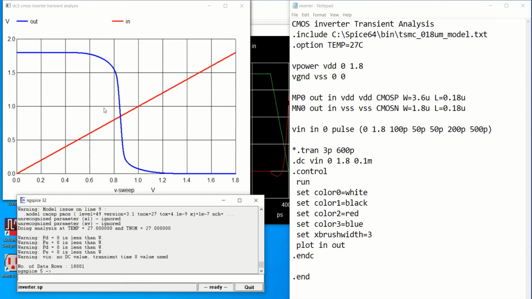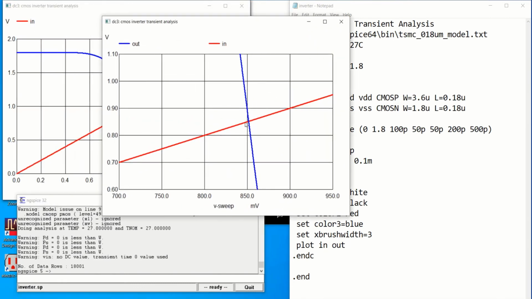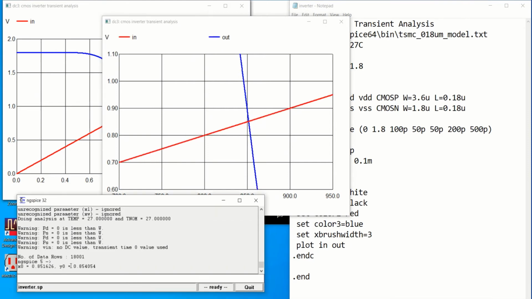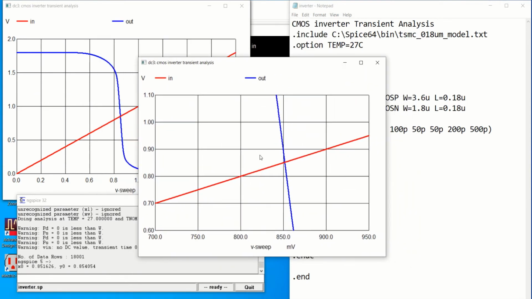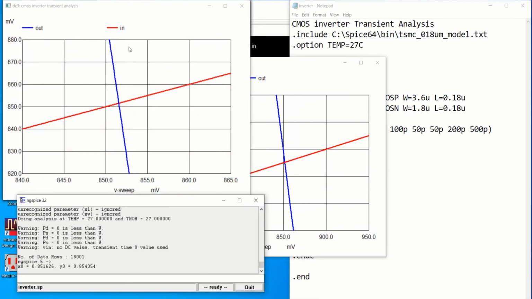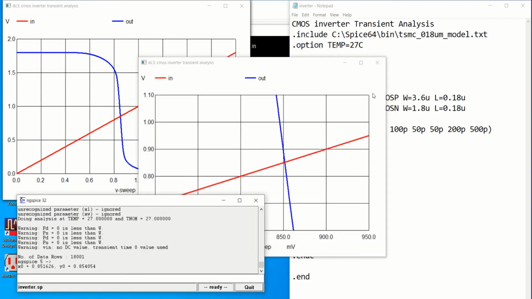Now to see at what location it is meeting, you can zoom by using right click and dragging this symbol. It opens one more window to see where it is meeting. If you left click, you can have the coordinates of this. Similarly, you can zoom it further by using your right click. It opens one more waveform. So like that, it opens many waveforms.